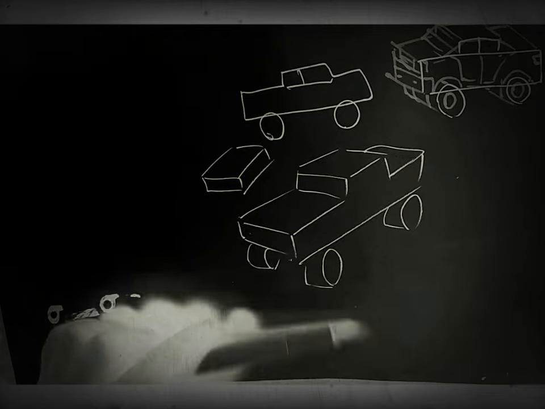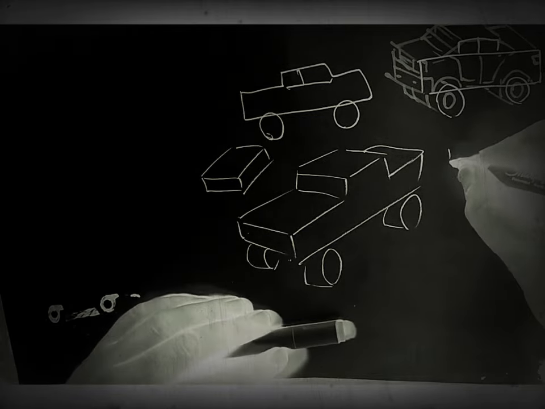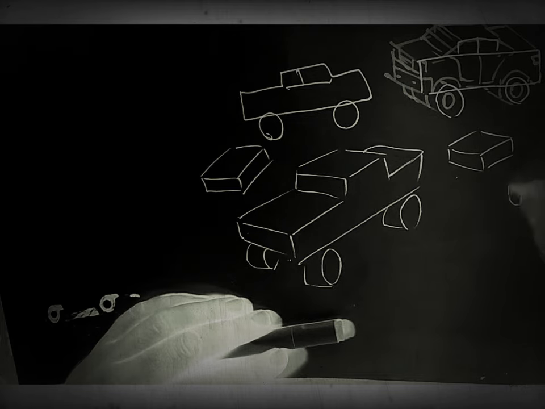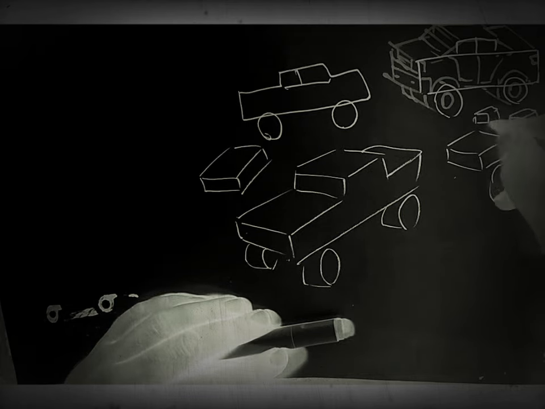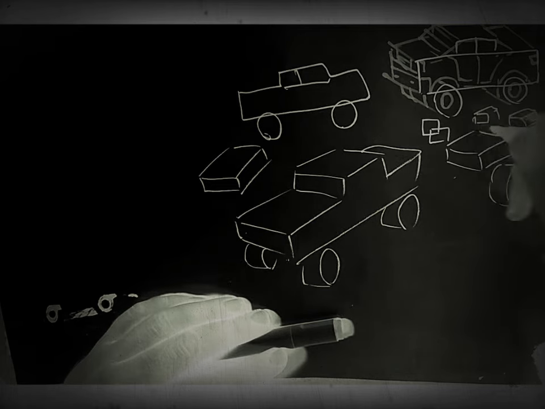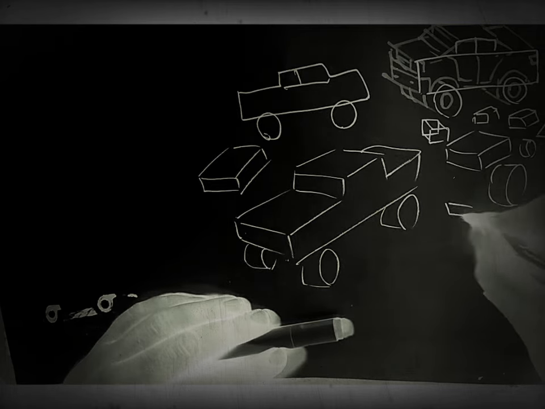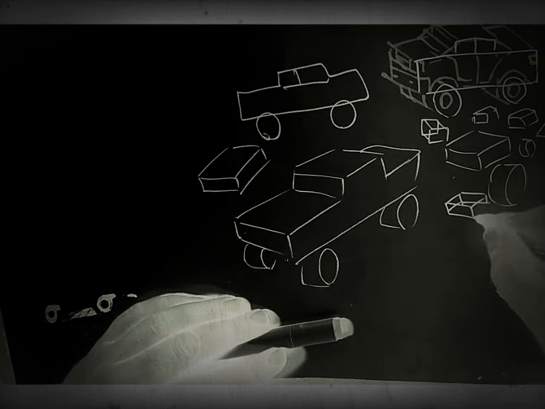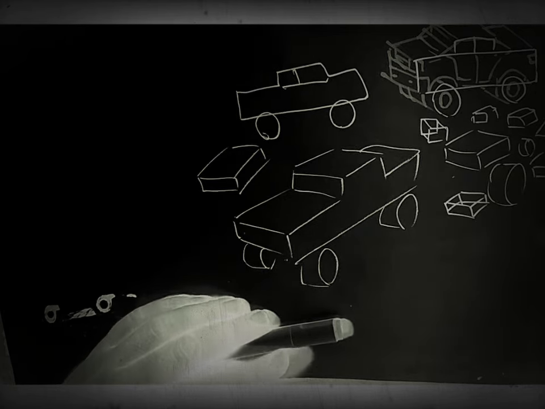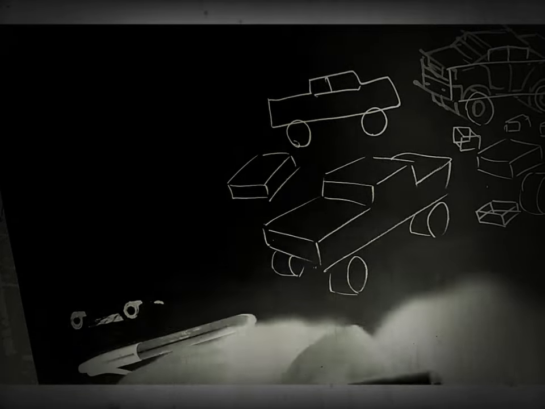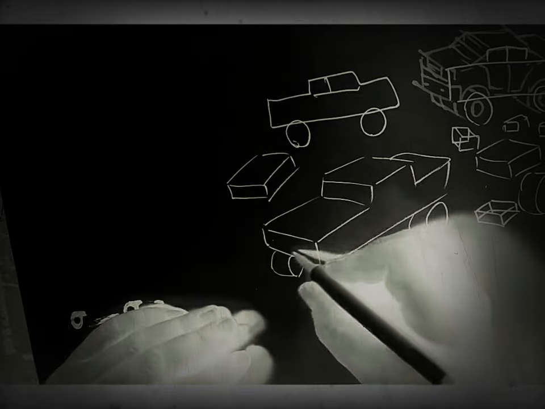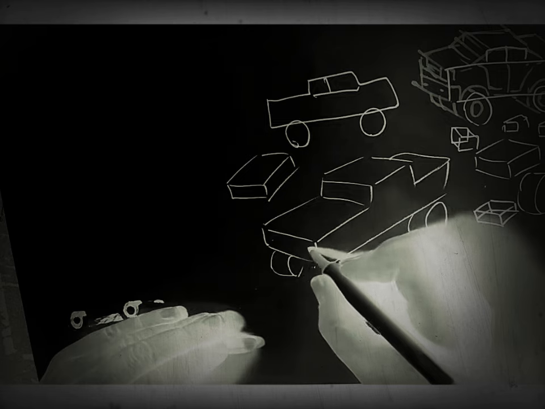Now for the next one, I'll just start off with basic shapes, so simple blocks, just practicing circles. It's good to practice with basic shapes. You can even do two squares on top of each other and join them up, just like so. And from that you can create a simple block car, which is what I've done there, and I'll probably do this in pencil for most of my sketches. And from this pencil sketch, which I've done in Sharpie just to show you, I can then maybe add